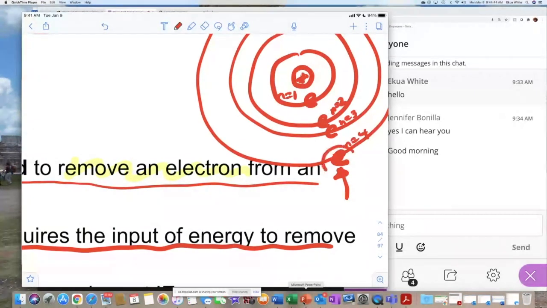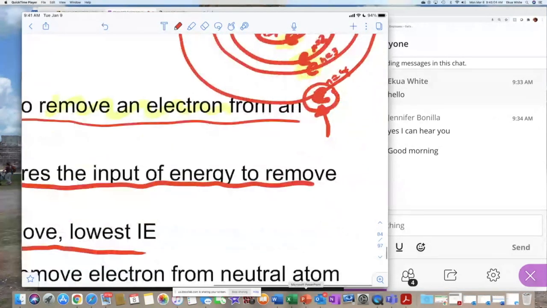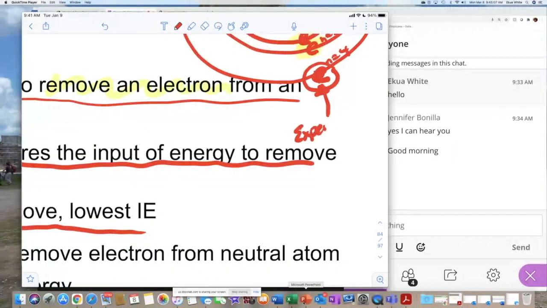So the electron that's furthest from the nucleus is experiencing the least attraction from the nucleus, because the nucleus is being masked, or shielded, by 1, 2, 3 electrons, 3 electrons. So this electron out here experiences the least nuclear charge, and therefore it experiences the least